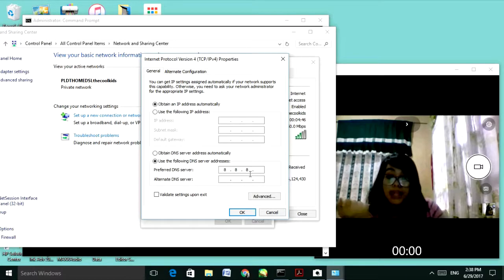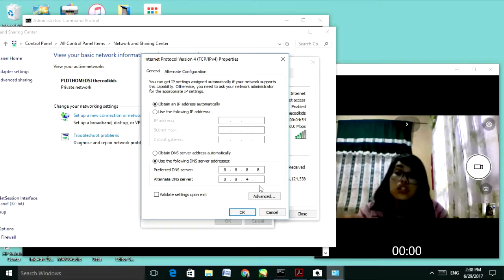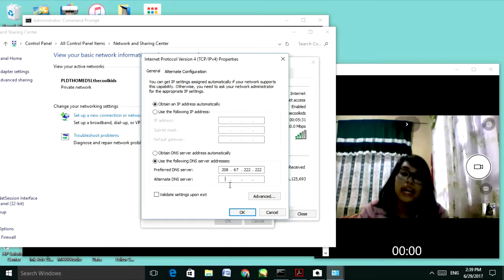And then the alternate one will be 8.8.4.4. So this is what we call the Google DNS server. But on the other hand, if this was OpenDNS, it would be 208.67.222.222 as the preferred DNS server, or the primary one, and the alternative